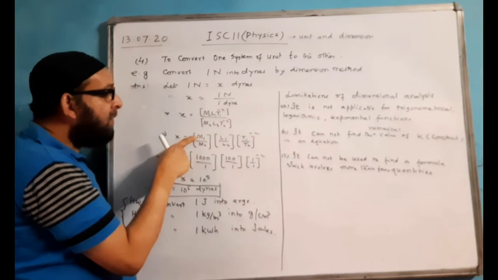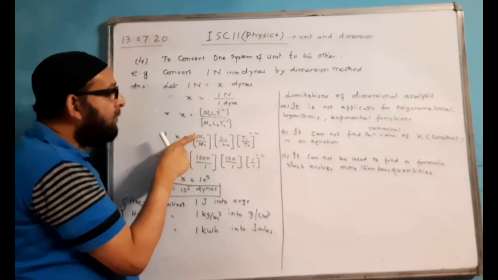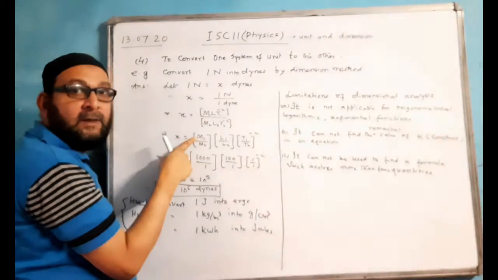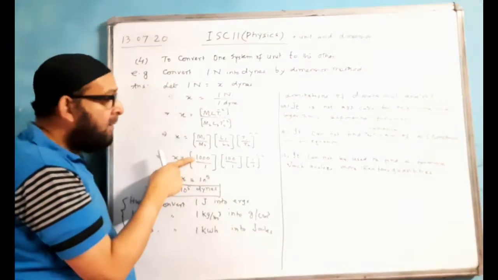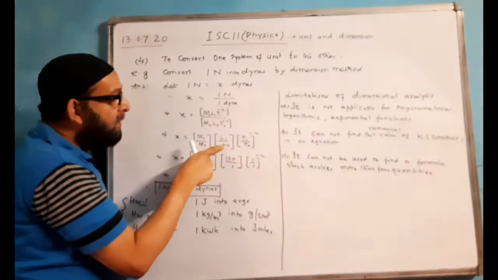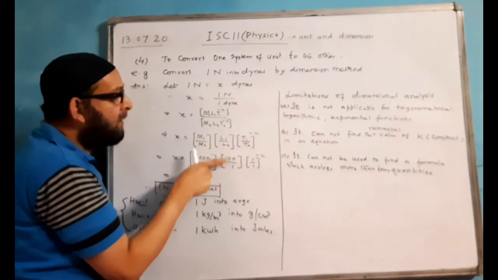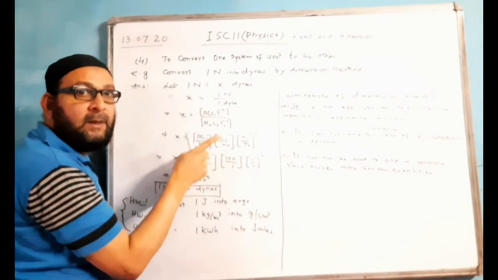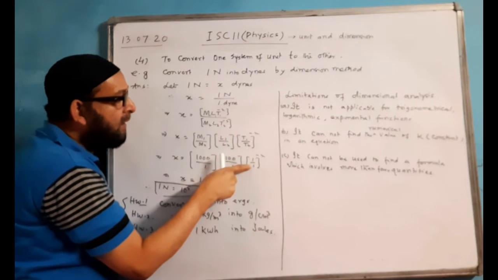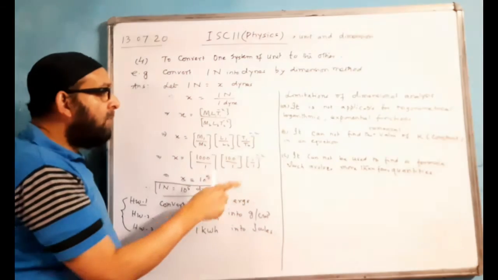Mass means 1 kg and this is 1 gram. Which is bigger? M1 is the bigger unit. So 1 kg makes how many grams? 1000 grams. And M2 is 1 gram. The ratio will come 1000 upon 1. This is meter, this is centimeter. So 1 meter is 100 centimeter, and 1 centimeter keep as it is. Smaller one keep as it is, bigger one you break down. T1, T2: in both systems we got second. There is 1 and 1, same thing will come. 1 second, 1 second. Power is minus 2.